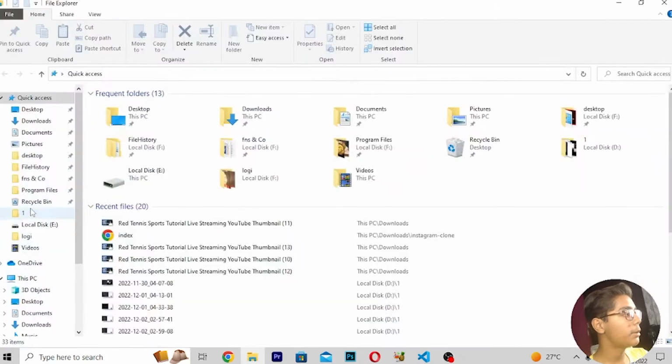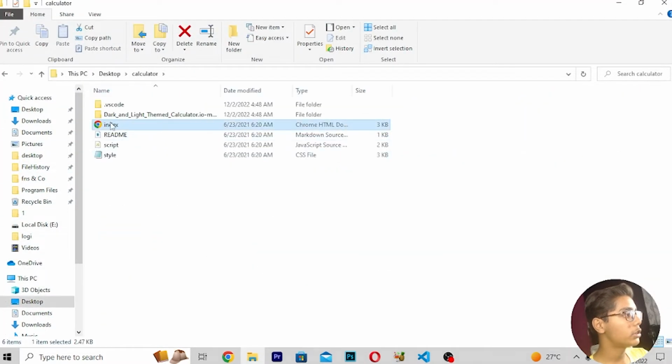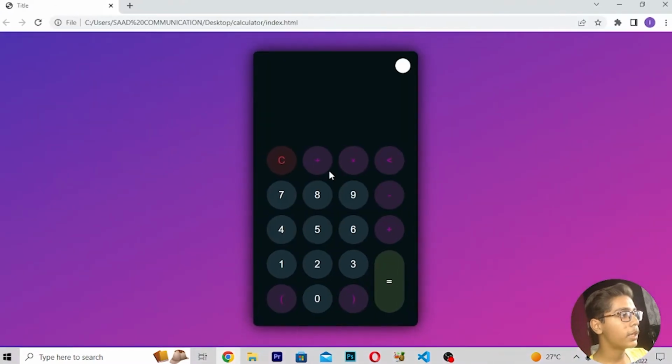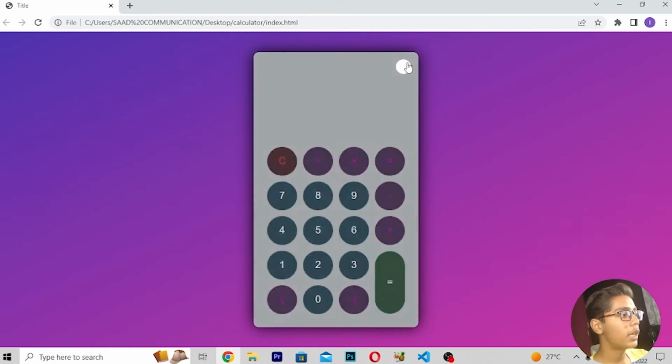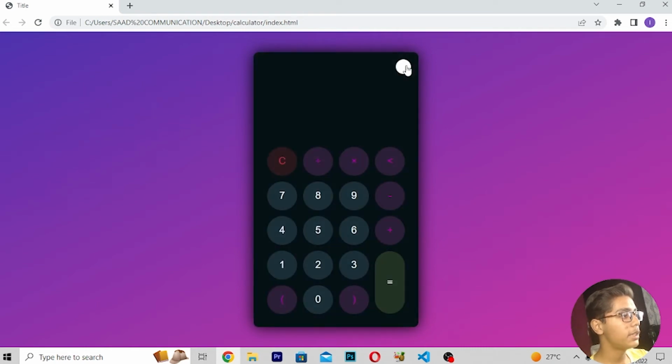Now I'll be showing you the calculator, and I'll also show you the project which we are building. You can see this is the calculator which we are building, and we are using many things in this calculator. You can see it is working through numbers, and we have built that using JavaScript, and we have used math operator shorthand to build this amazing calculator. You can erase by using this backspace button which is here. You can add anything, you can also subtract anything. You can also give spaces here if you want. You can change into dark or light mode, and the buttons are also changing. You can see how cool looking that is.